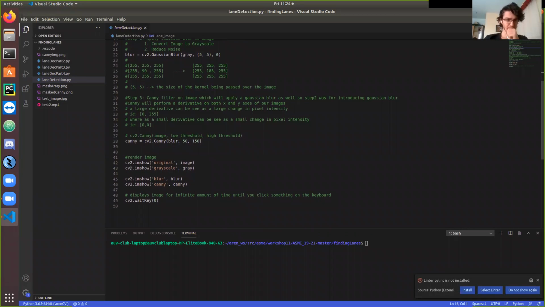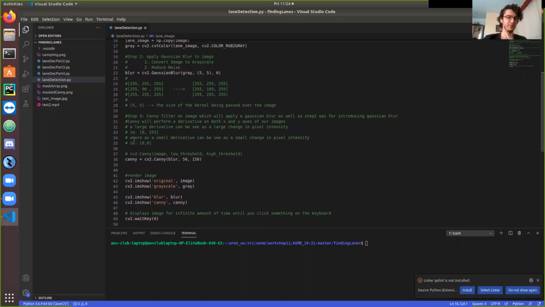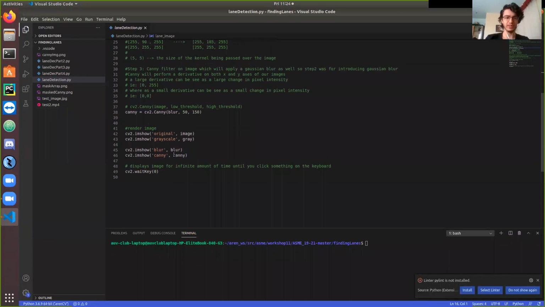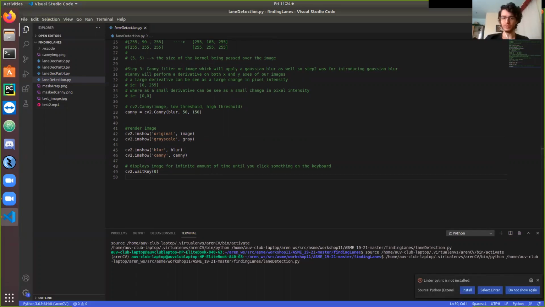So canny is the one where it detects changes in the colors' intensity. Like changes from this white to this black, and it'll go through and either make everything black or make everything white. Just to show you guys what that is doing, these next 4 lines just show all 4 of those images, and then if I press something, it deletes all of them. And if we go here and run this,